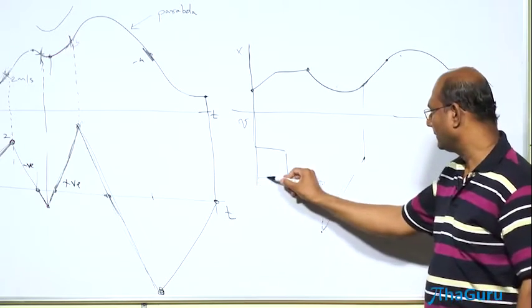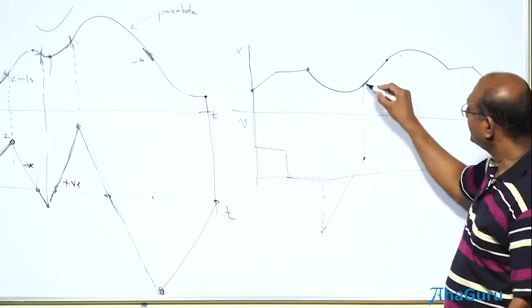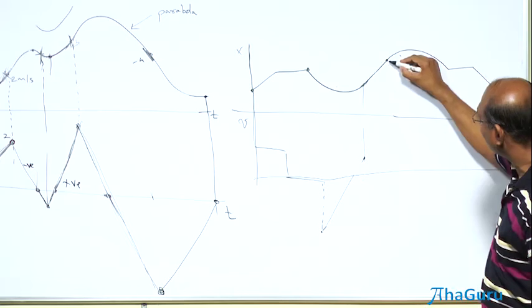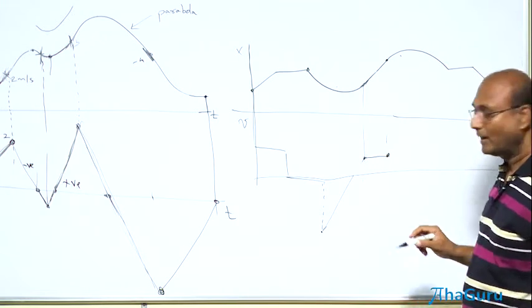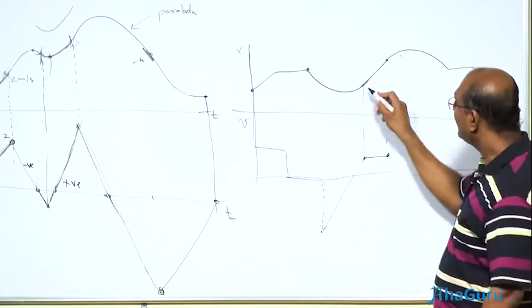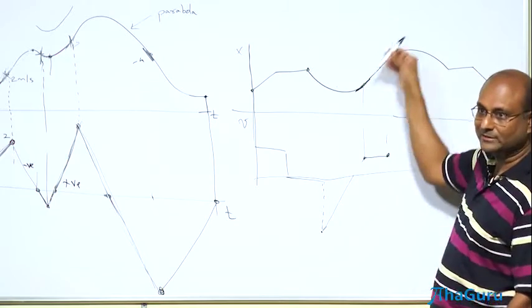So this is the zero line. Okay, this is a positive velocity. Now if this is a positive velocity, after that it remains constant. What does that mean? It remains like this. How do I know that's where it started? Because this velocity is equal to this velocity, because it is the same continuation.